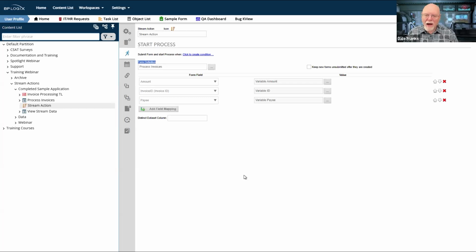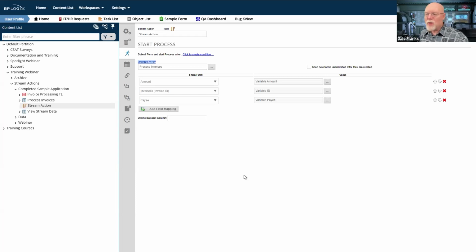So we can actually have this process running as a freestanding process where individuals can open up the form, fill it out, and submit it. Or we can have it running from a stream action, which will also fill out the form and submit it. So the stream action works a little bit differently, but because it works the way it does, you can use the same process for both manual form submissions as well as stream action submissions. That gives you kind of the best of both worlds, to be able to either manually or automatically, via the use of a stream action, submit a form and kick off the process.